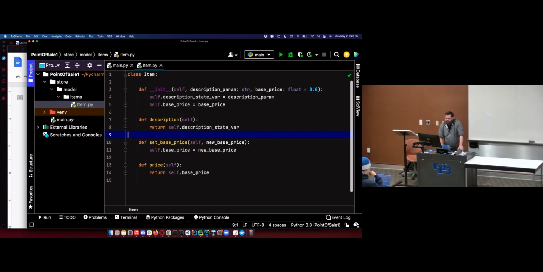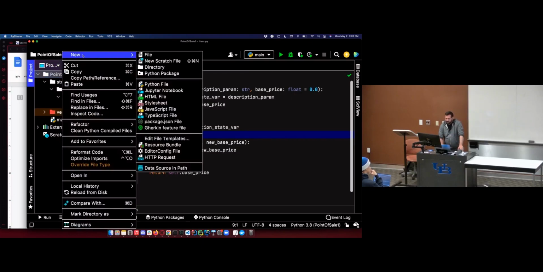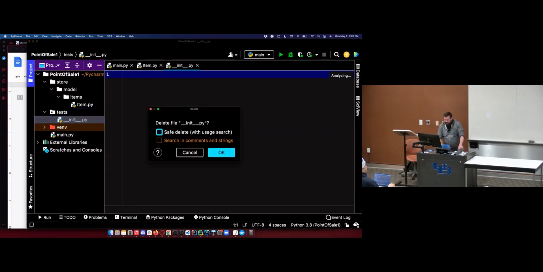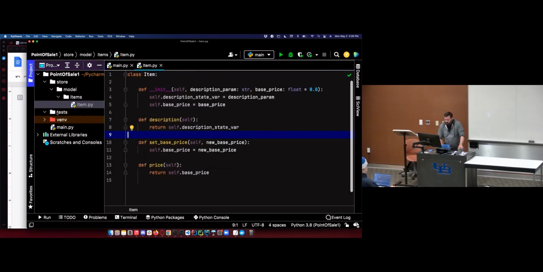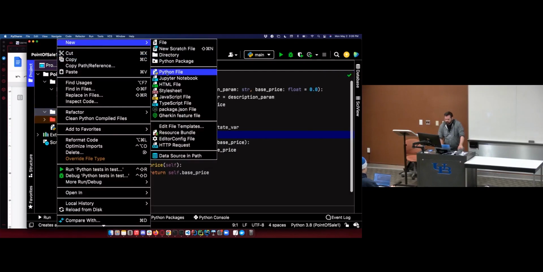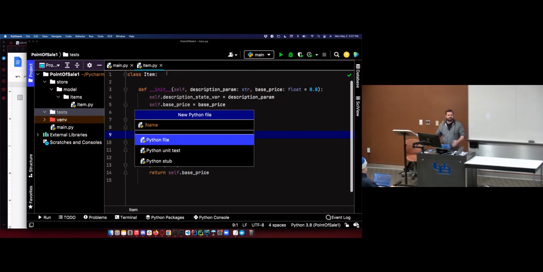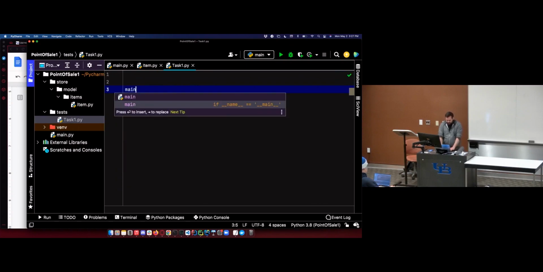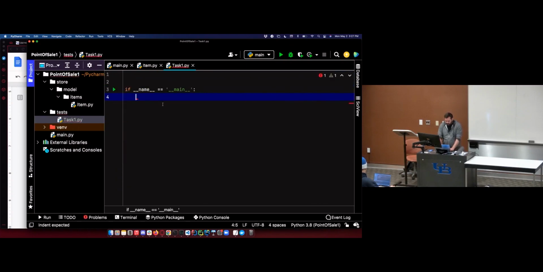All right, so I don't want to use that main method actually. I'm going to create my tests. Pretty sure it's not going to break when I keep deleting those inits, and it specifies that as a package. Pretty sure PyCharm figures it out for me. And let's create some task 1 testing. I'm not going to spend too much time on the testing because we're here to talk about OOP. But I do want to show how to use the objects, how to use that class that we just created. So I'm going to write a test for it.